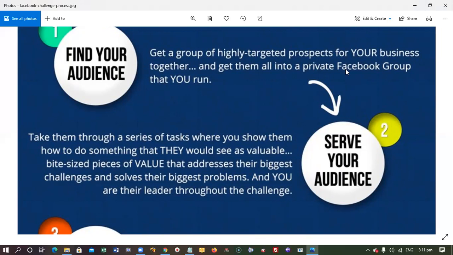Once they are in your Facebook group, you know your audience. You know their challenges. If, for example, there are people who are trying to make money online, then it's because they are frustrated. They want to get time and money freedom, or time and financial freedom. So what will be the content that you'll be creating? You need to show them how your business can help them actually achieve time and financial freedom through the challenge that you are going to be giving them.